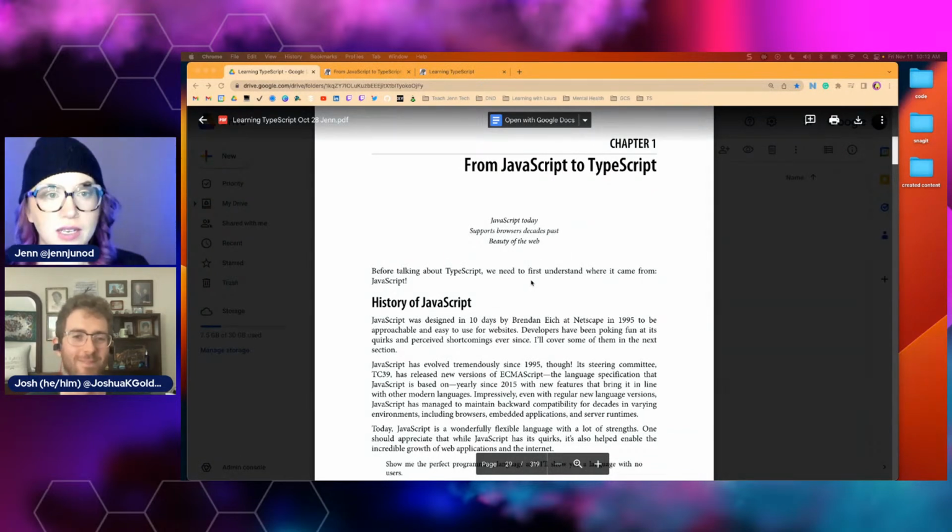What's your favorite haiku? Which chapter? Oh, I don't know. I think the one at the very end brought me a lot of joy, the last chapter. So that's something to look forward to, chapter 15. But actually, I also really like this one. I don't even know if I know how to read a haiku properly, like with the right pauses and cadence. I don't know that there is a right way.